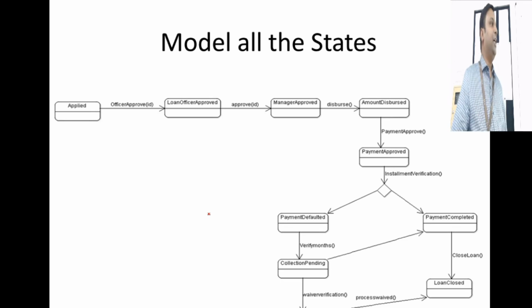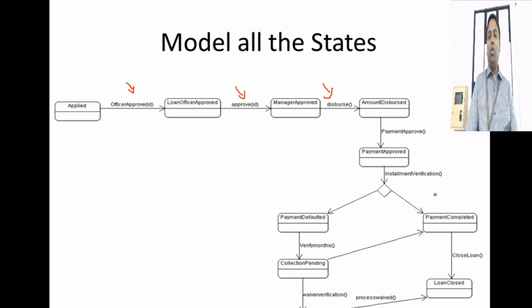I was working on this, I modeled this. I just took some imaginary methods here. So say every method transits the object to another state. So this, and here payment approved. After payment approved, you see there can be a decision happening. Either the person pays all the installments and he goes to payment complete state, or from this state he can go to payment defaulted state. There are two options. So there is a decision here. So you can also use a decision when it comes to options like this.